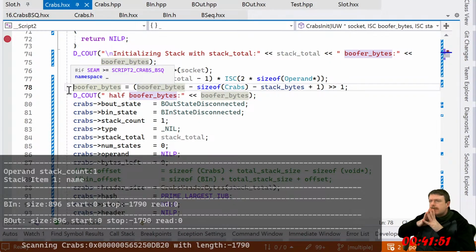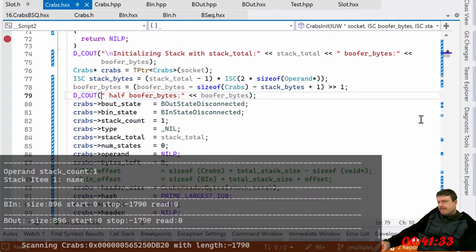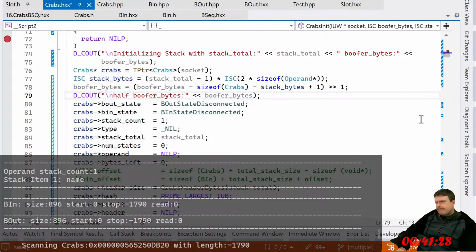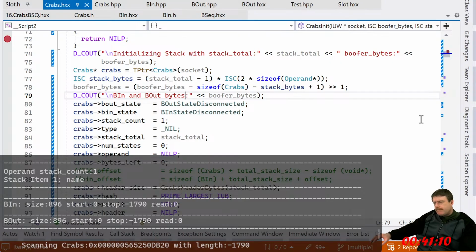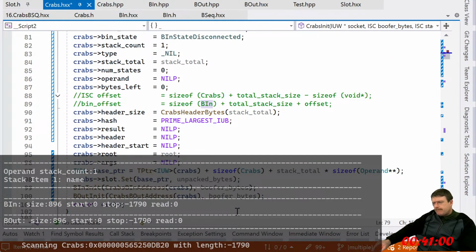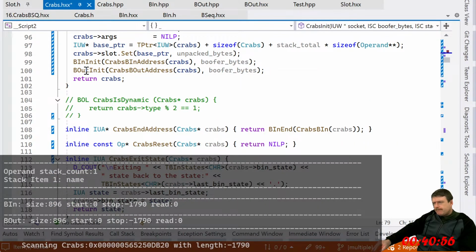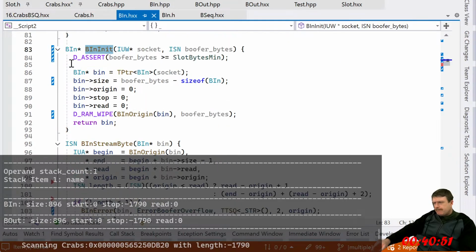Not a slot, so like half a slot. A slot lane? So, okay.